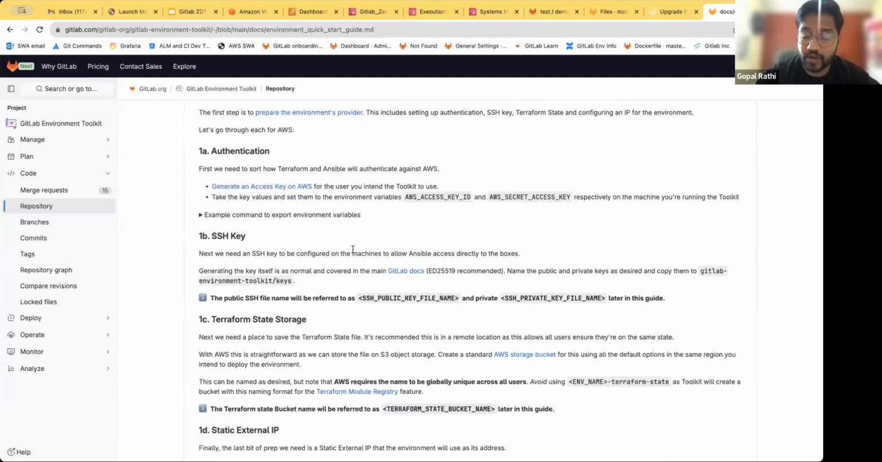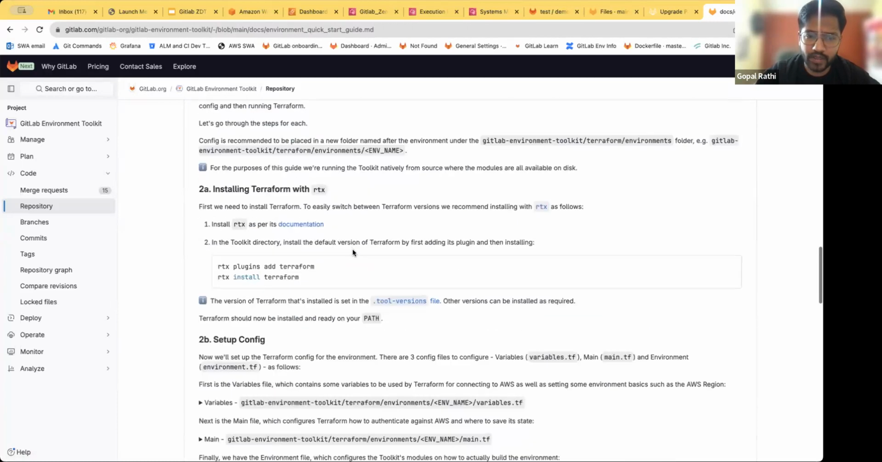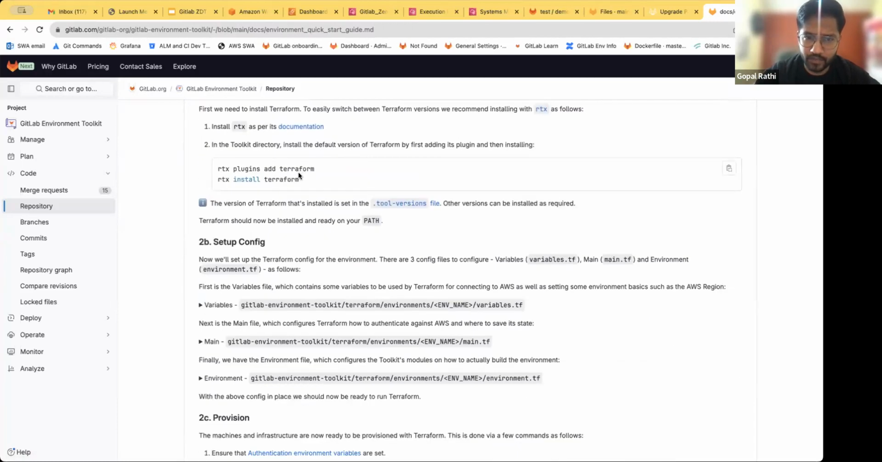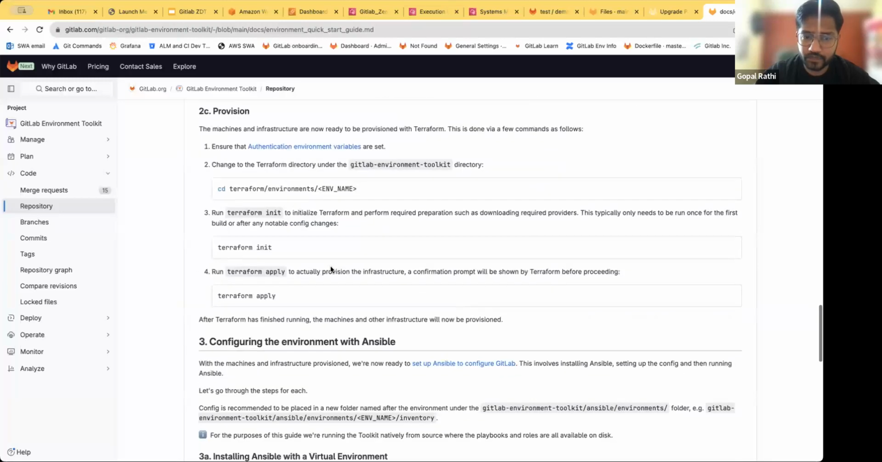You definitely require an SSH key that will be used to communicate with your EC2 instances. Those have been launched, and those kinds of things. You'll definitely need Terraform and Ansible installed on your local machine. We're going to create one environment inventory using this, and simply using terraform init and terraform apply, it is going